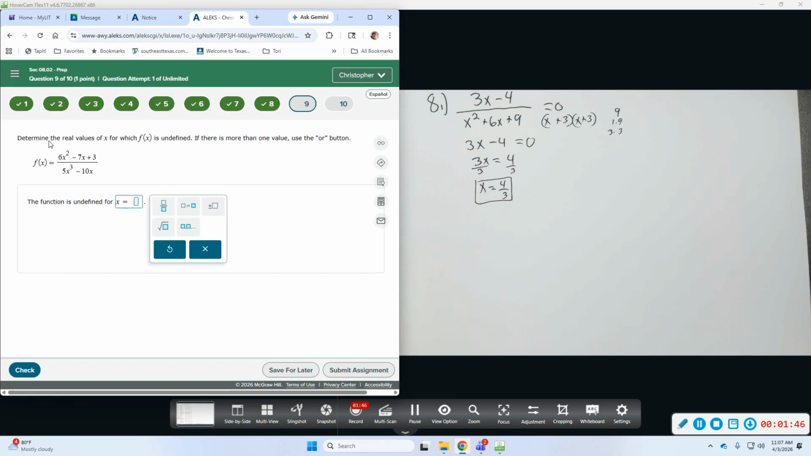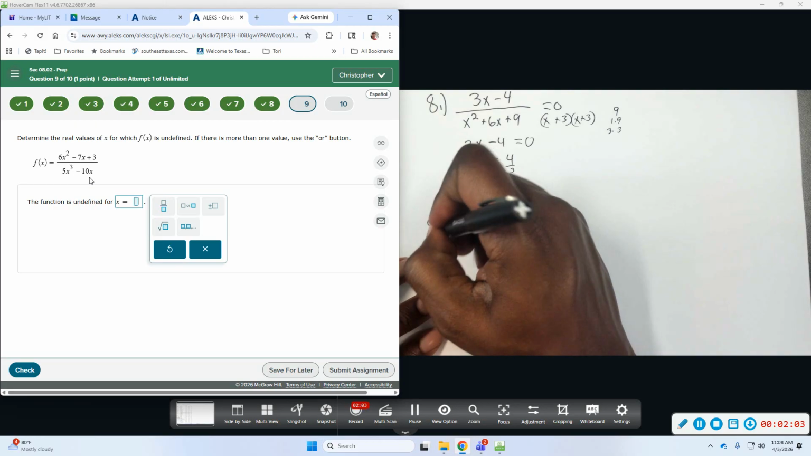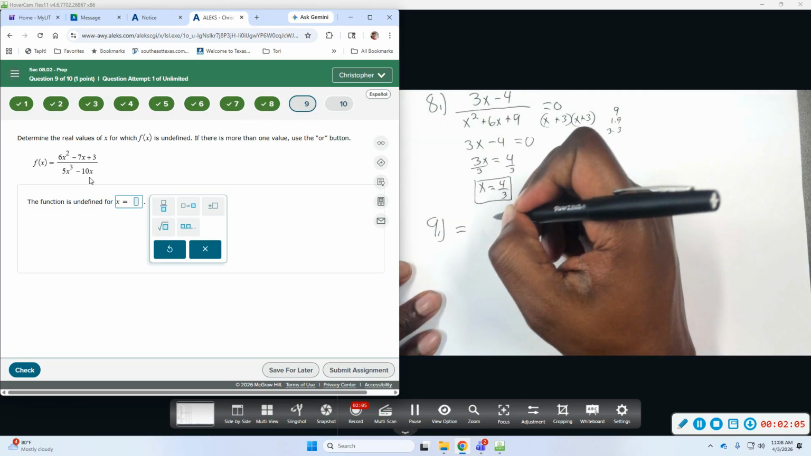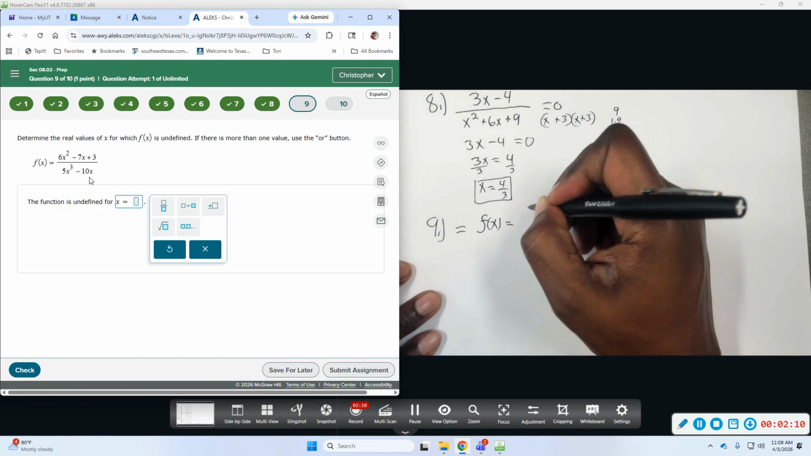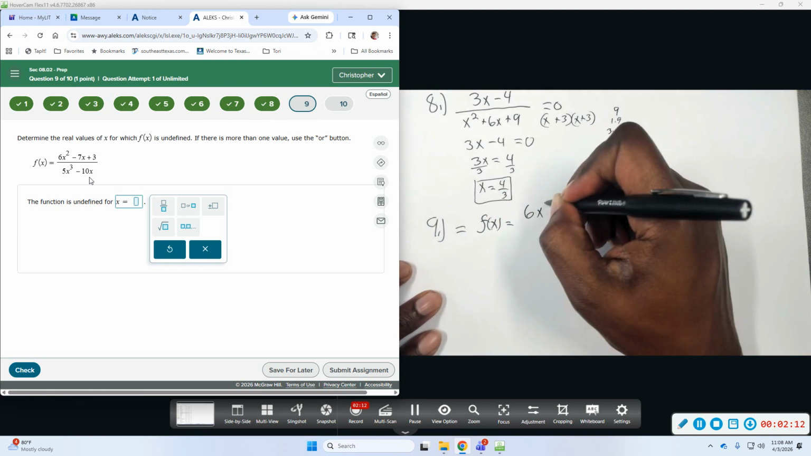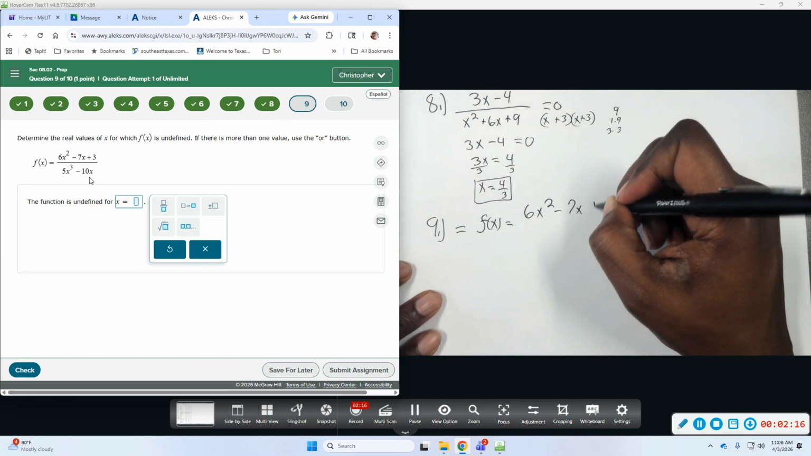All right, number 9 wants us to determine real values of x for which f of x is undefined. And if there's more than one, use the OR button. Okay, so we're going to just focus on the denominator, find out what makes the bottom 0, and that's what's going to give us undefined when you divide by 0. So 9 is f of x equals